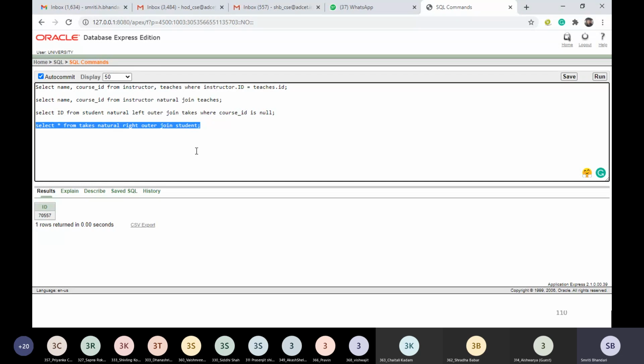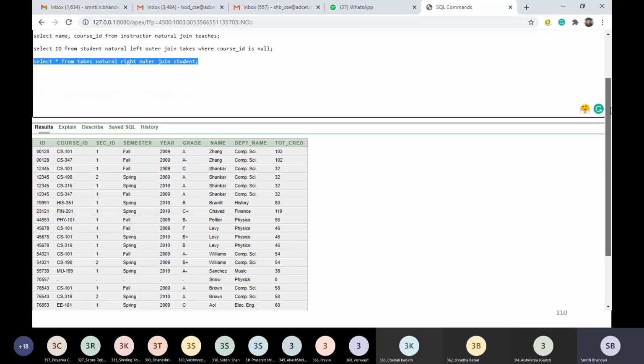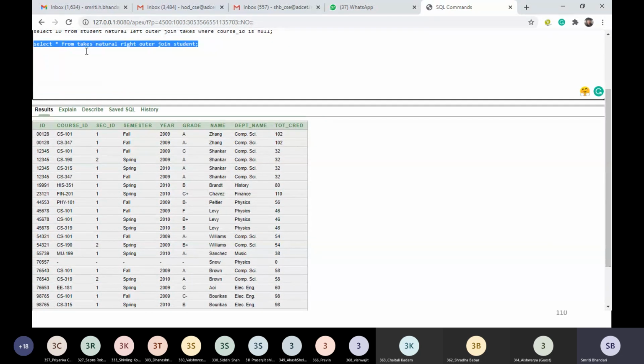I'm trying to extract all those records for which we are having the matching tuples on the common attributes. In addition, what we will be having is the unmatched tuples from the right hand side relation. So we'll be having the tuples from right hand side relation for which there is no match in the left hand side relation. Okay, so let's try to execute this and see what we are getting.